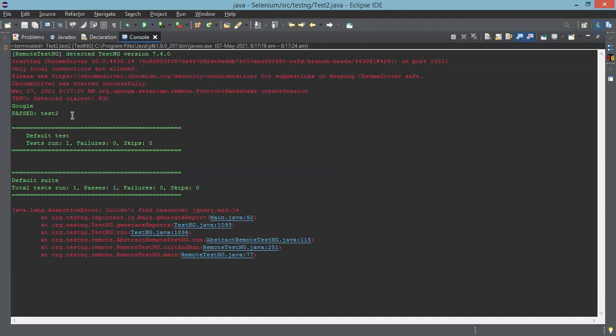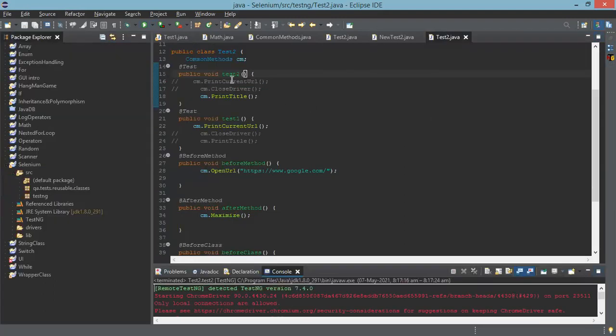In that case, whatever changes you have made are not saved properly. Relaunch your Eclipse and check. Save all, Control Shift S, then close the Eclipse and reopen it.